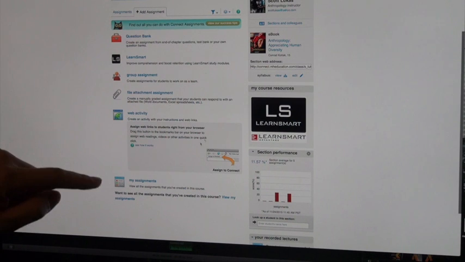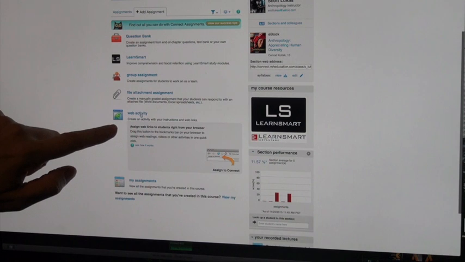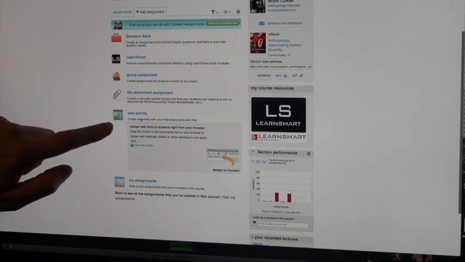Okay, so then down here, you can see the types of assignments. Starting at the bottom, we have a web activity. I showed you that with the Becoming Human website. I can do a file attachment assignment. This is particularly useful if you have your own data spreadsheets, let's say in Excel. If you have your own Word documents that you've typed up, assignments in the past, you don't have to retype